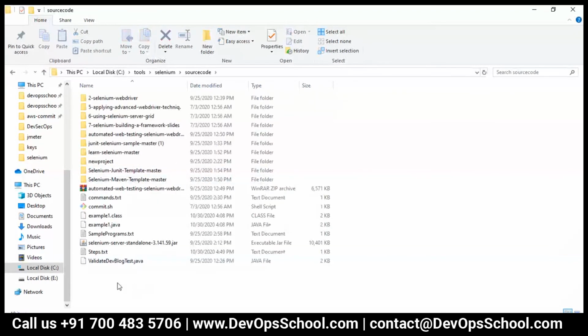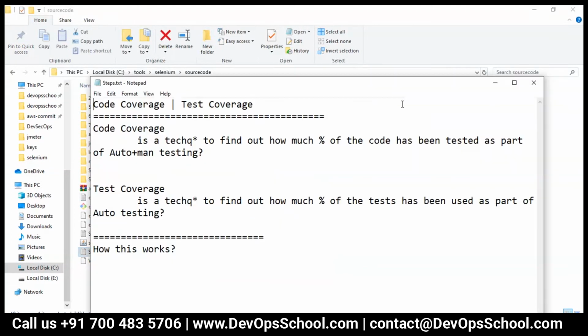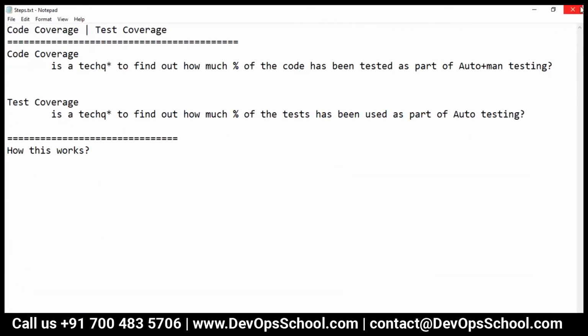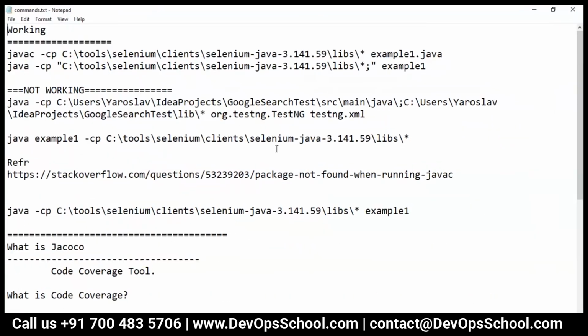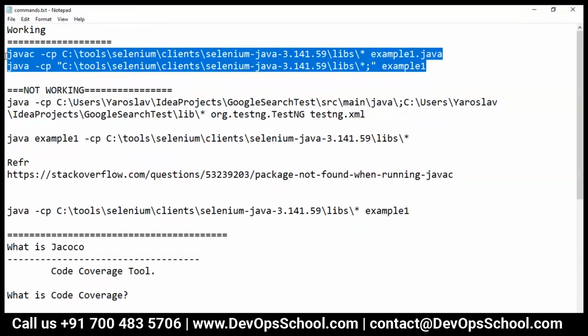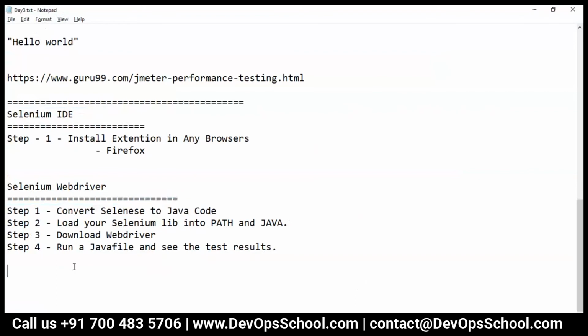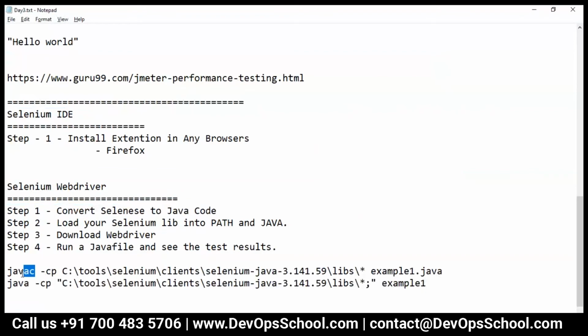Now guys, I need a source code. So for that, which source code should I use? I'm just checking. Okay, so guys, this is the source code. I'm going to copy it in front of you here. So this is the manual way to compile it, and this is to run it.